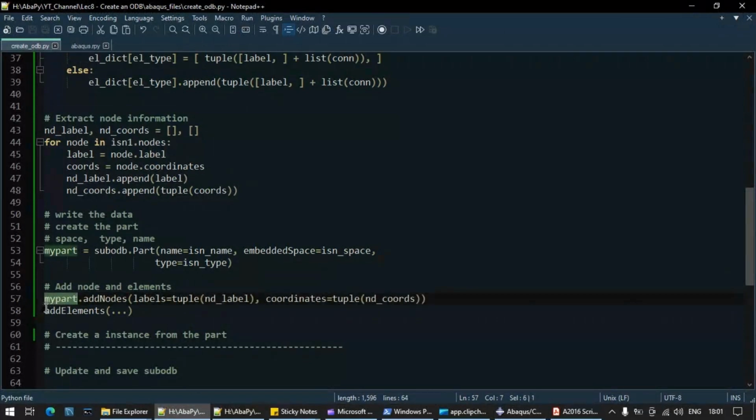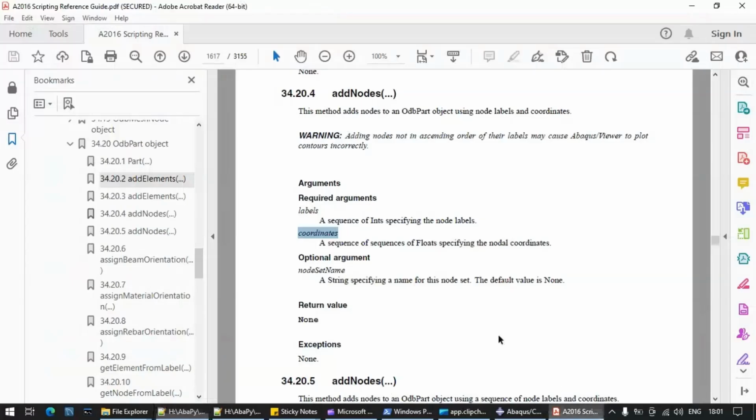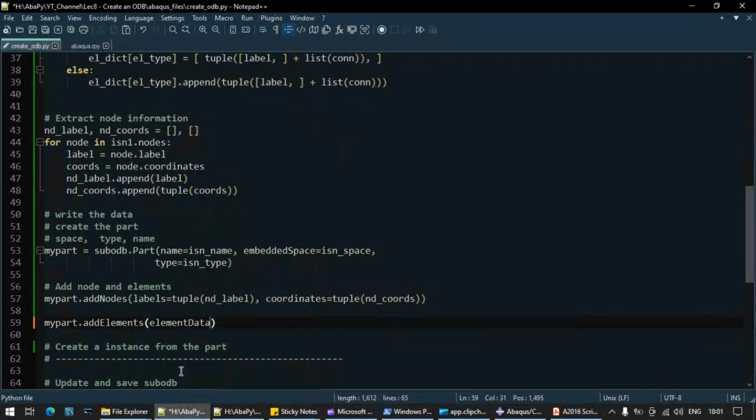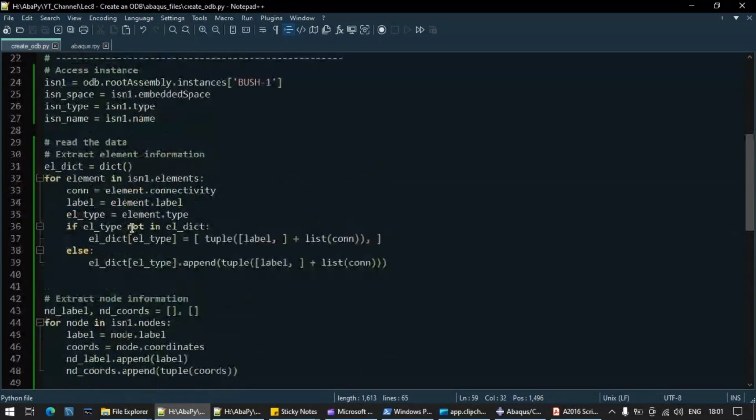Now again write dot elements dot pod, right? Okay, now element, what information does it require? It requires element data. Okay, so here we have created one dictionary in order to save different types of elements, right?